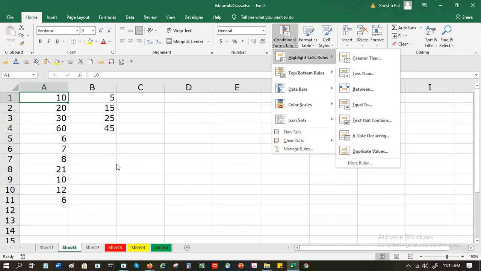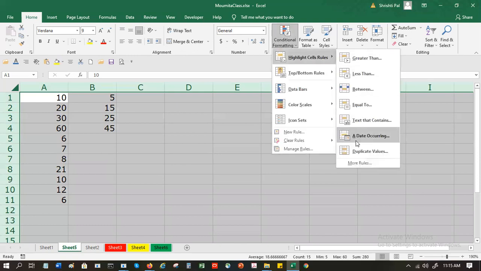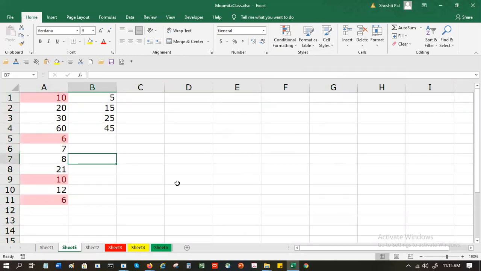I can highlight this entire Excel sheet if I want, and I can go and say duplicate values. I don't need to know where that value is. I don't need to sort, I don't need to filter, I don't need to do anything.